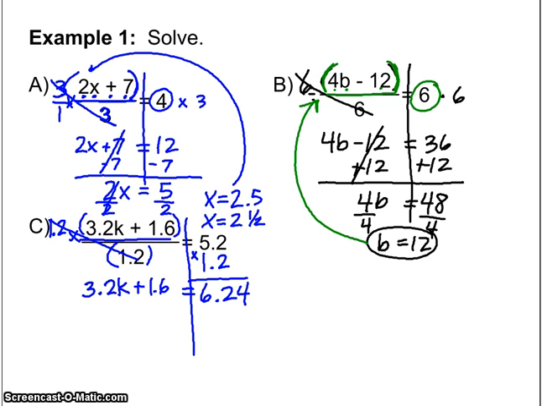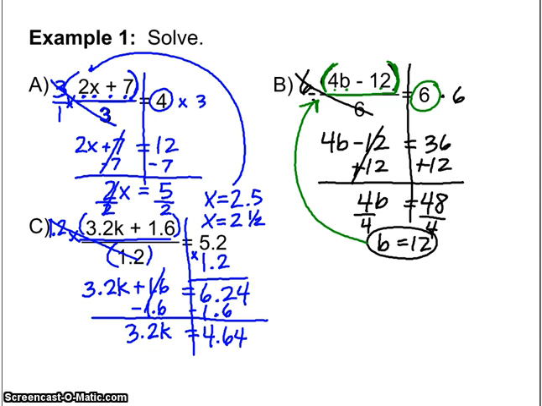Okay. So our two-step equations, k is being multiplied by 3 2/10, and we're also adding 1 6/10 to that. So the inverse of addition and subtraction comes first. Again, for those of you who are not using a calculator, remember your decimals need to be lined up for addition and subtraction. You're left with 3 2/10 times k, and 6 24 hundredths minus 1 6/10 is